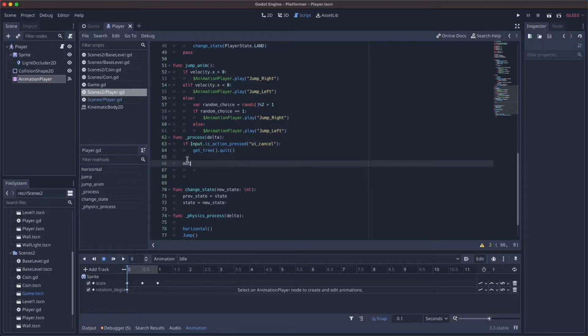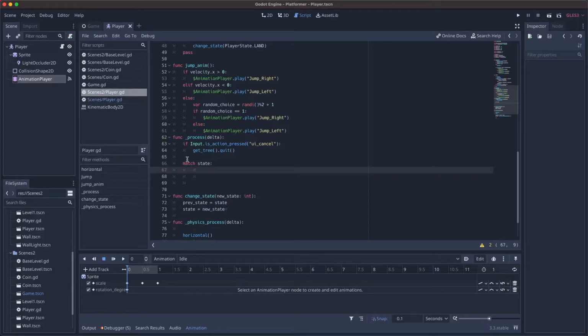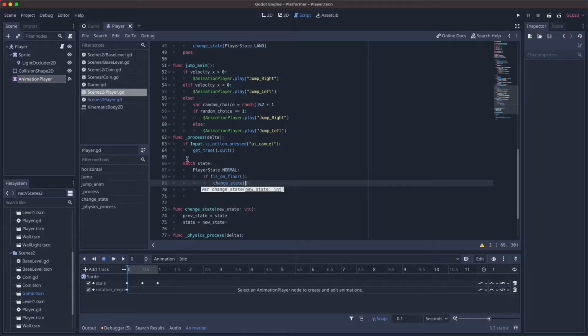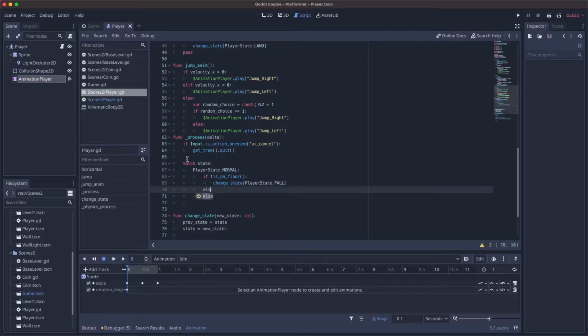So now with that out of the way, let's go in and match the states. So we're gonna do match state, and now we're gonna do, if it's player state normal, then we're gonna check if it's on floor, and if this isn't on floor anymore, that means we're falling. So we're gonna change player state, and we're gonna tell it now that we're falling. Else what we're gonna do now is allow the player to move horizontally, and we're going to check if input